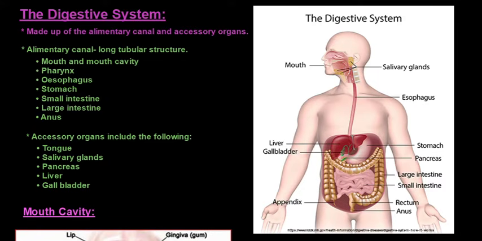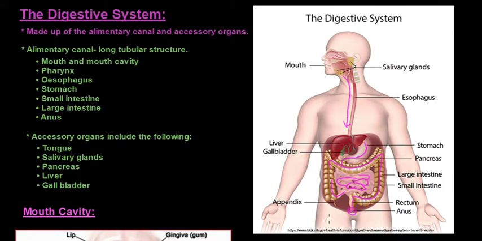So the digestive system is made up of the alimentary canal and then the accessory organs. The alimentary canal is a very long tubular structure, and it is made up of the mouth and the mouth cavity, the pharynx, the esophagus, the stomach, small intestine, large intestine, and anus. So it starts here in the mouth, goes all the way down the esophagus, into the stomach, into the small intestine, makes its way around the coiled structure, and then heads into the large intestine,